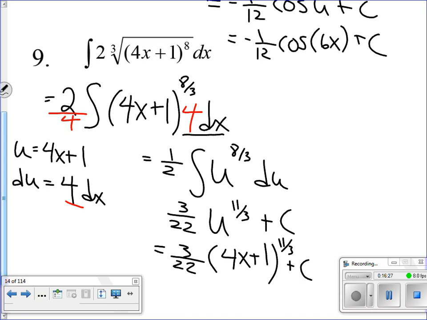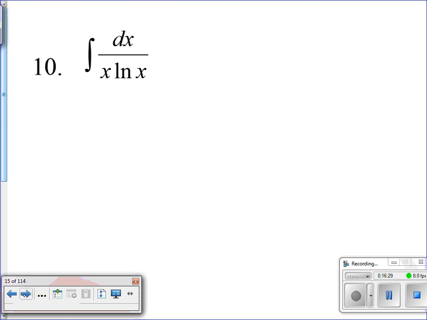Number 10. When you look at these, there's a 1 up here if you don't see a number. If you see something and its derivative, the something is the u. So in this case, we want to make the u ln of x. Now remember, I had those 3 what I call tricky u's where the du is a fraction. And with those, it's easier to see when you break it up. So instead of having it just division, I'm going to write it as